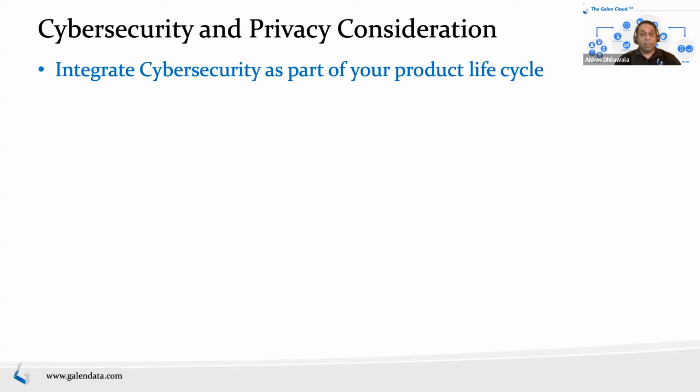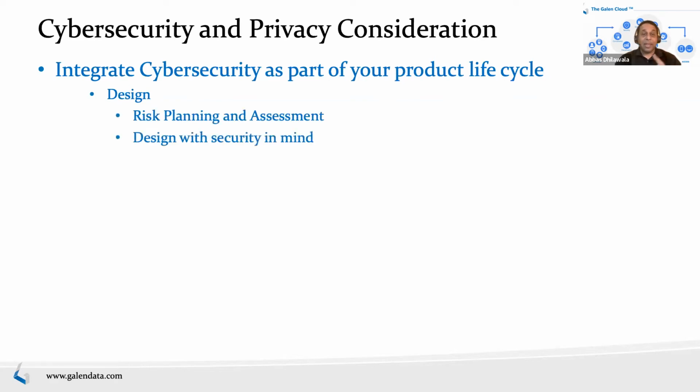It's much bigger, much more complex, but the most important thing in there is the idea of a secure product development framework. So what does that mean? Essentially, that you integrate cybersecurity into the entire lifecycle, not just at the end or the start, but through design. Which means you start with risk planning and assessment, and you design with security in mind to begin with. Then as you move into operation, production and then commercialization, you develop procedures and functions around managing cybersecurity, like a surveillance program. Like we do surveillance for safety risks, similarly surveillance for cybersecurity risks.